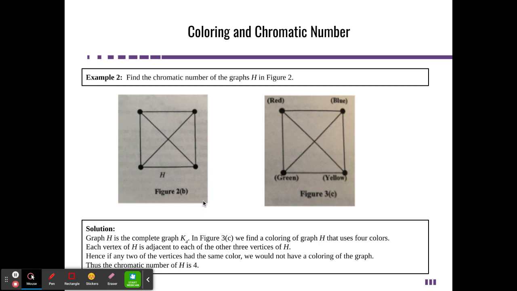Let's take a look at graph H. In graph H, one thing we want to pay attention to is that, let's call these vertex 1, vertex 2, vertex 3, and vertex 4, not only are they adjacent to each other, like vertex 1 and vertex 4 and vertex 1 and vertex 2, but vertex 1 is also adjacent with vertex 3 because of this line crossing the middle. Because of that adjacency, we have to make sure that we have colors that represent the 4 different